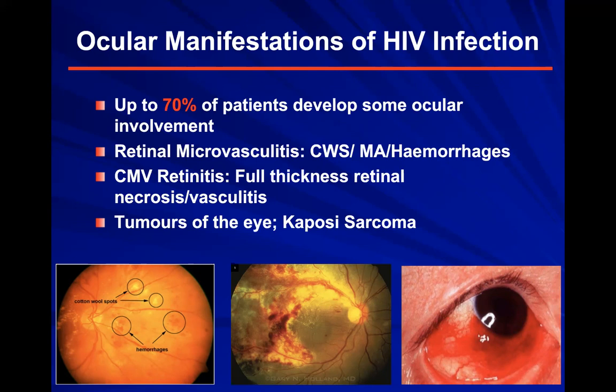Again, you can have cytomegalovirus retinitis, as you see nicely here. It is unfortunate, it's full thickness retinal necrosis and vasculitis. And this is really very unfortunate because these patients are totally blind. You can also see tumors of the eye, what we refer to as Kaposi sarcoma, and you can see it